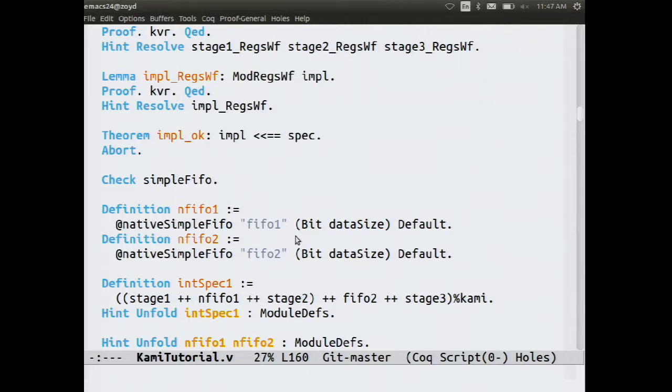And this correctness notion is what's called refinement, which we've seen in CompCert and other settings. And it basically means the set of possible traces for the implementation is contained in the set of possible traces for the spec. So the implementation cannot do anything that the spec could not also do.